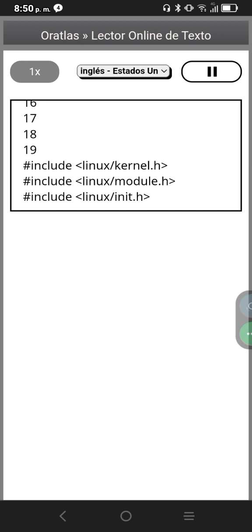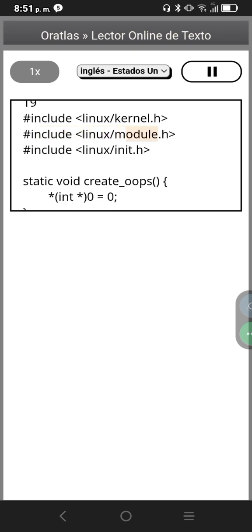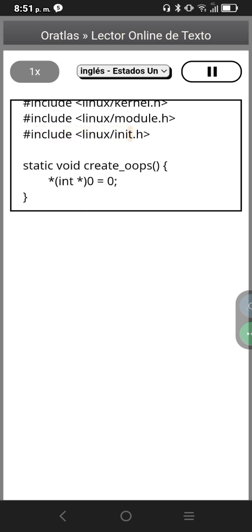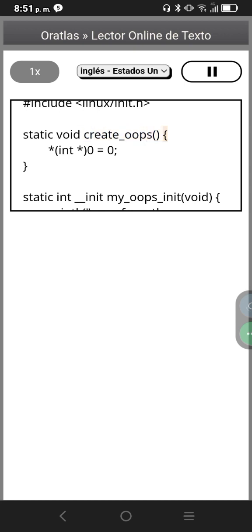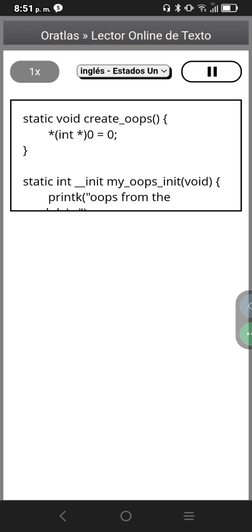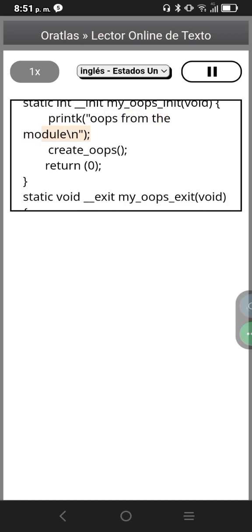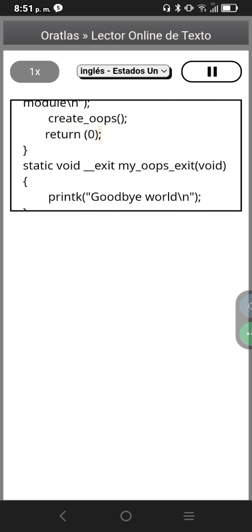#include <linux/kernel.h> #include <linux/module.h> #include <linux/init.h> static void create_oops() { *(int *)0 = 0; } static int __init my_oops_init(void) { printk("oops from the module\n"); create_oops(); return 0; }